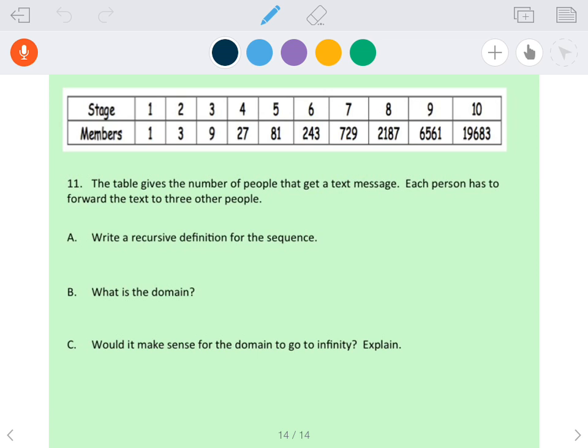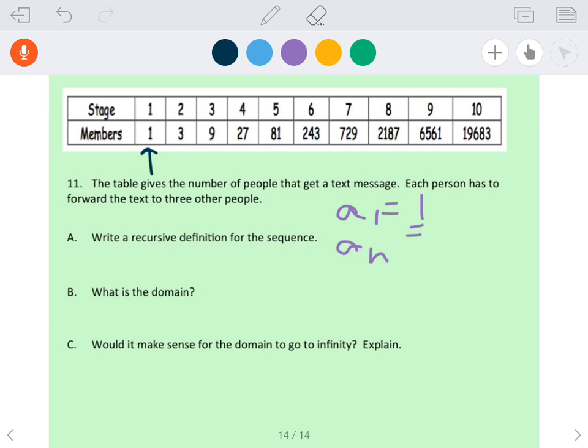The table gives the number of people that get a text message. Each person has to forward the text to 3 other people. Write a recursive definition for the sequence. Okay, well, notice that it starts with 1. So remember, we have to have 2 parts here. So a sub 1 is going to be 1 for our first term. And then a sub n is going to be,